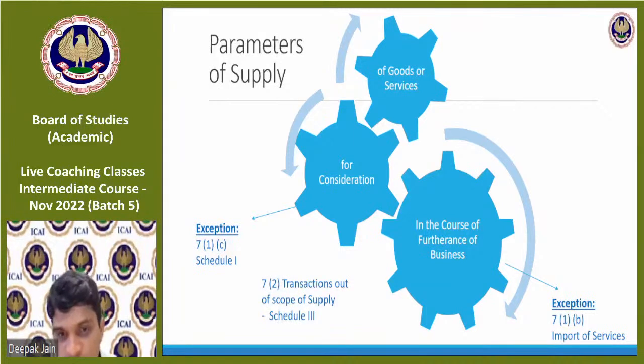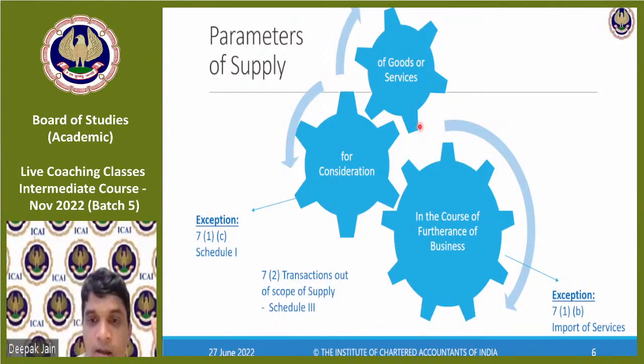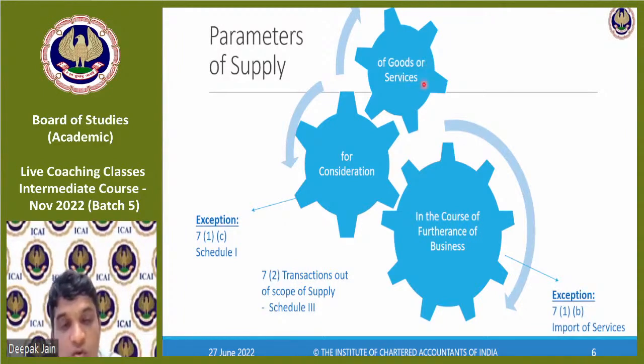What do you mean by furtherance of business? Sunil Kumar, we will go to the definition of business. At that time I'll tell you the meaning of furtherance of business. So you are clear with this? What is supply? What are schedules and things? Now we'll go to the important definitions of a few terms we have used. Firstly, everywhere we have said it should be supply of goods or services. So what is goods or services we'll understand. Then consideration. Then course or furtherance of business. So what is business? That also we'll understand.